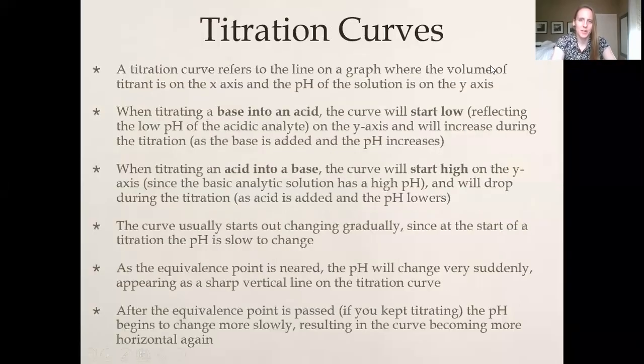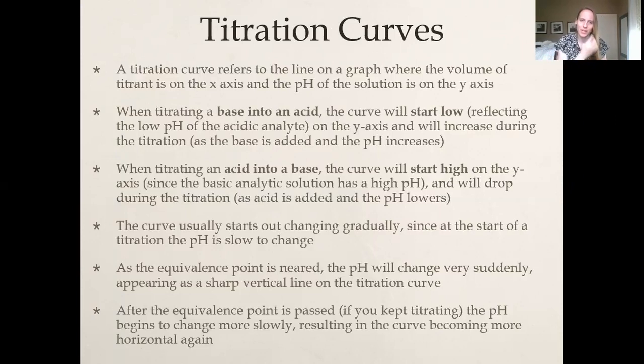Okay, so the next thing that we're going to be looking at is some titration curves, which is just the graph of the line when you essentially graph the pH and the volume of the titrant added to the analyte on your X and Y axis. If you are titrating a base into an acid, your graph will start low because your analyte is acidic, and then as you add more of the base titrant, the graph will go upwards to show that the analyte is getting more basic as you add